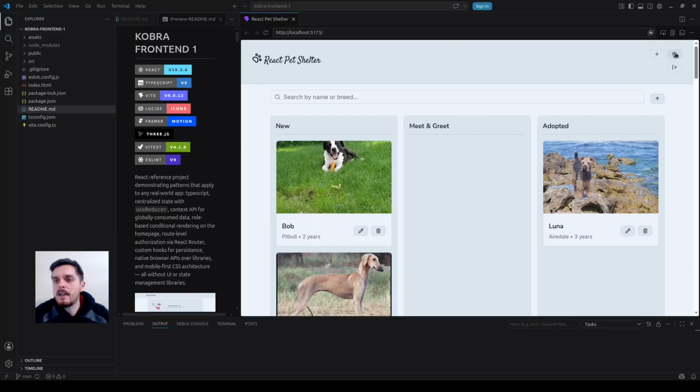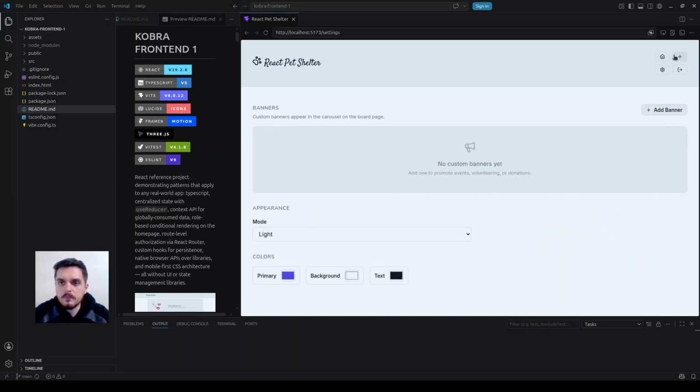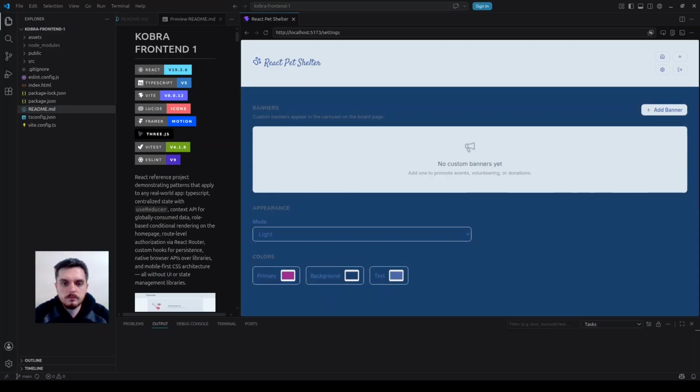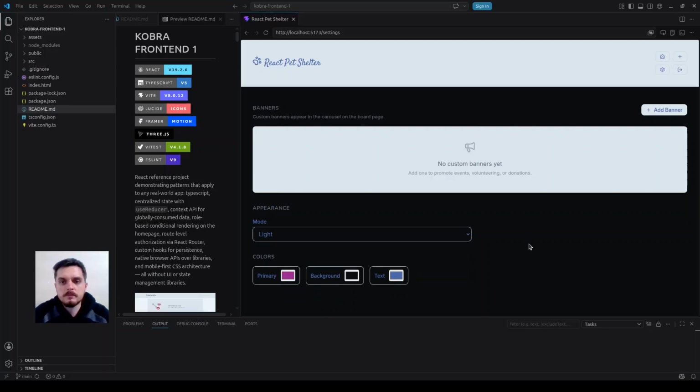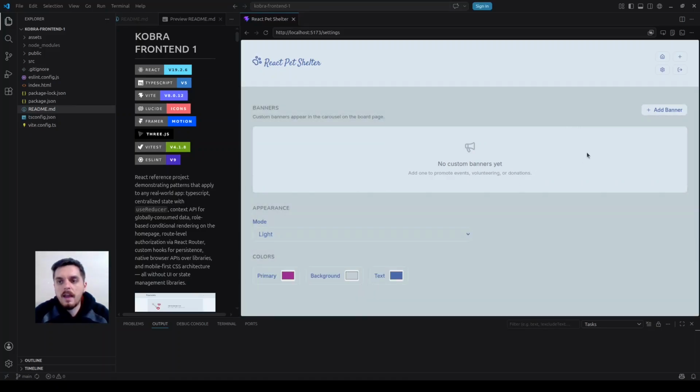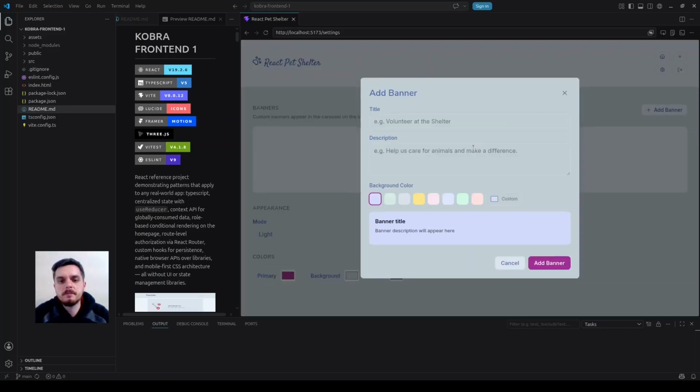One other thing admin can do is to change aspects of the website. And also add custom banners to the home page. Let's add